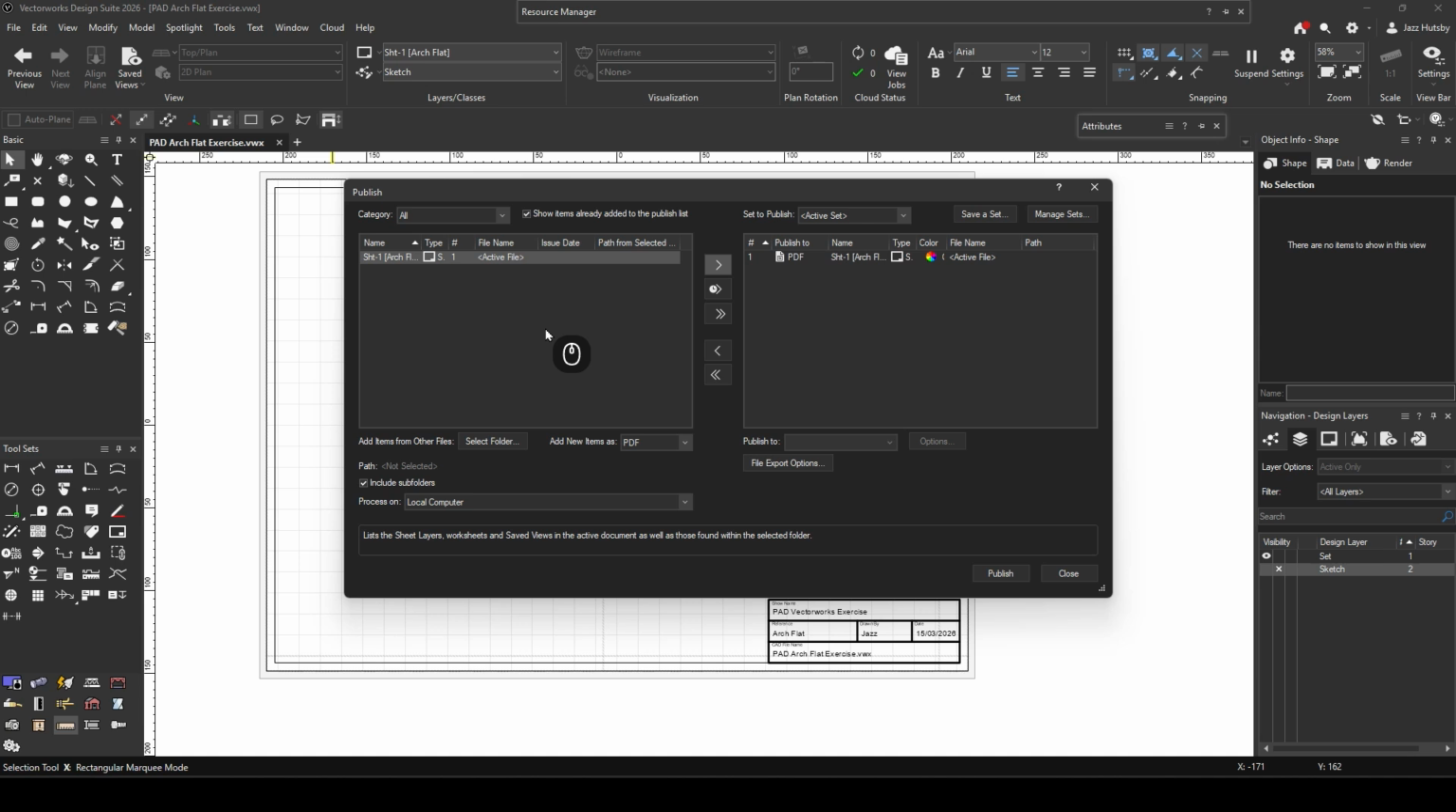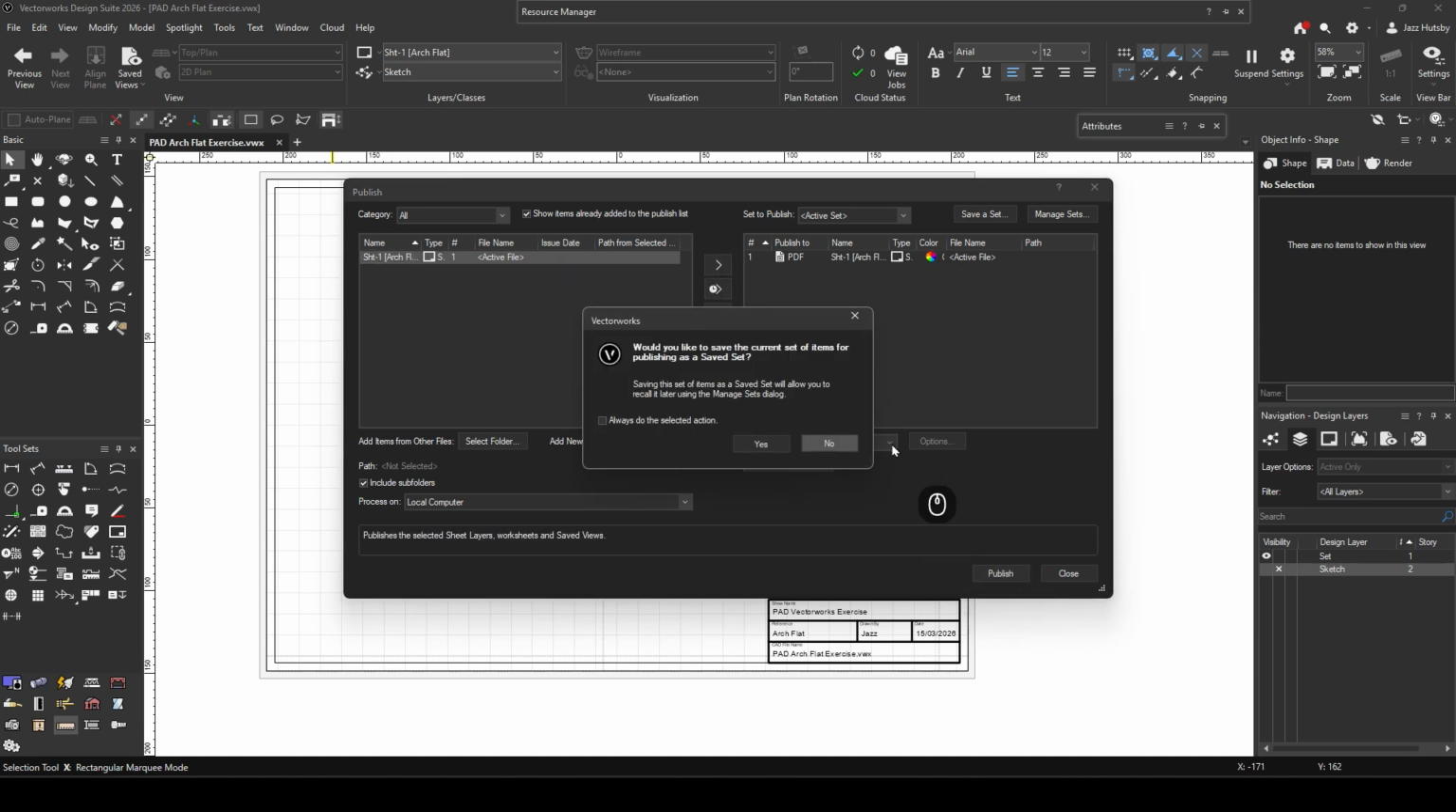So you can select whatever sheets you want. If you had lots of different sheets, you can just select a few and put them across into one PDF and so on. And when you do that, so if you select this one, send it across, when you hit publish, it actually comes up and says, do you want to save the current set of items as a saved set? Basically what this is saying is the sheets that you put across here, you want to save this as a set so that if you wanted to publish them out again, you don't have to keep choosing them and